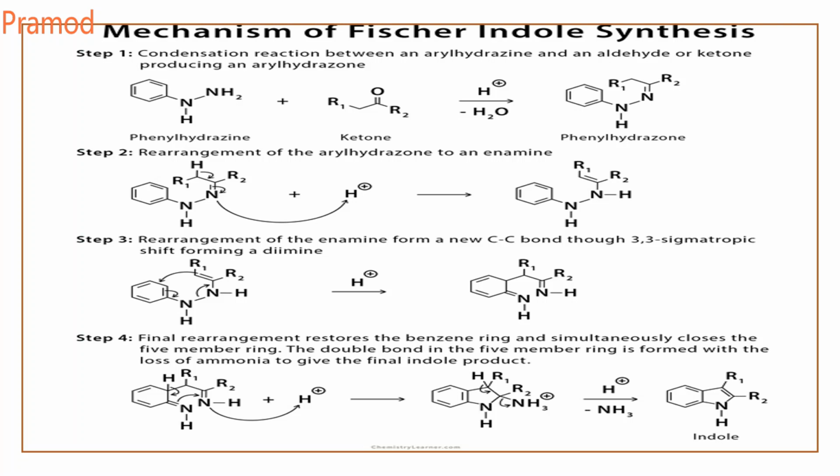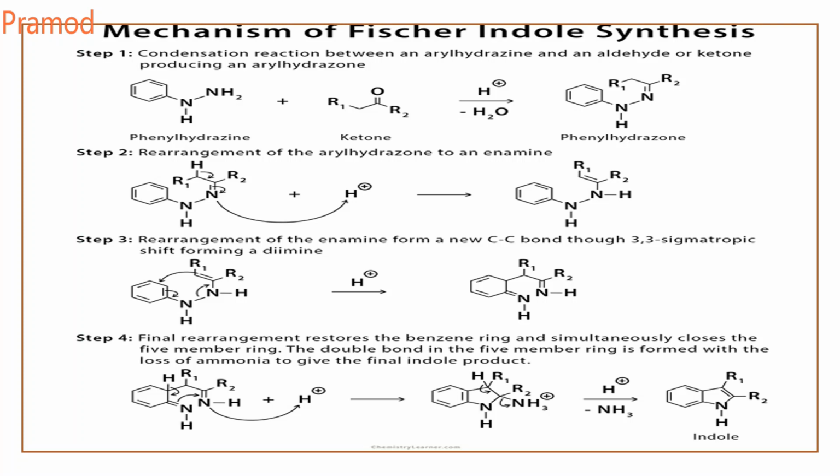So what happens in the final step? There is an aromatization, with the loss of a proton. Then this amino group that is formed attacks on your second imine. Your imine gets converted to an amine, and this aniline amine attacks on your imine and forms a closed 5-membered ring. In the final step, there is a loss of ammonia and a proton to give your indole.